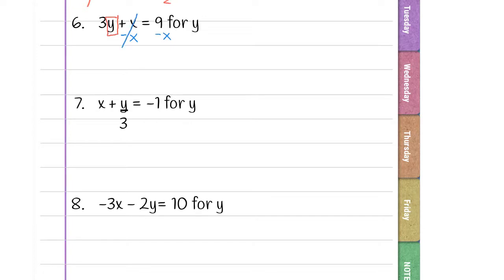x minus x reduces to 0, and I'm left with 3y is equal to, how do I rewrite this? Well, my coefficient with my variable. So negative x plus 9 because that 9 is positive. Still have the box around my y. Now I can move whatever is next to that box, right? In this case, it's 3. How do I undo this multiplication? Well, by dividing on both sides. 3 divided by 3 reduces to 1, and I'm left with y is equal to negative x over 3